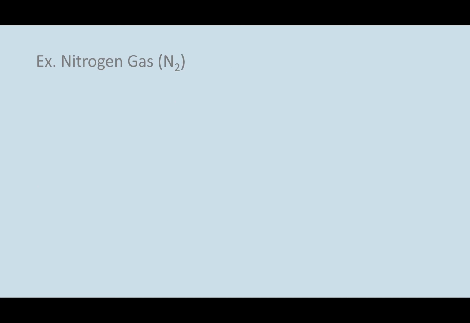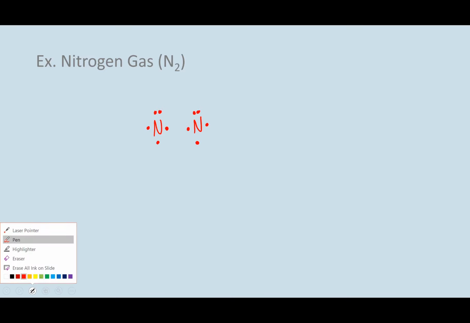Nitrogen gas, same idea. N2, so I have nitrogen, which has 5 electrons in its outer shell, and then I have another nitrogen that has 5 electrons in its outer shell, and this element wants to again share electrons. We have two nonmetals together, so they're going to share electrons. So these two are going to share,